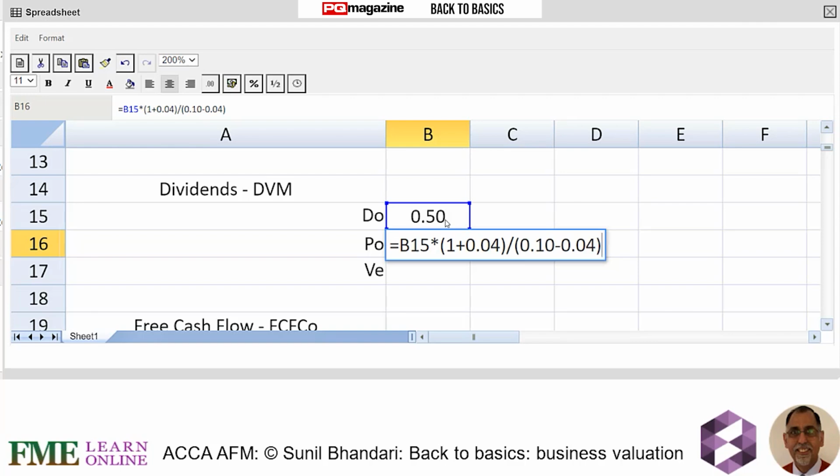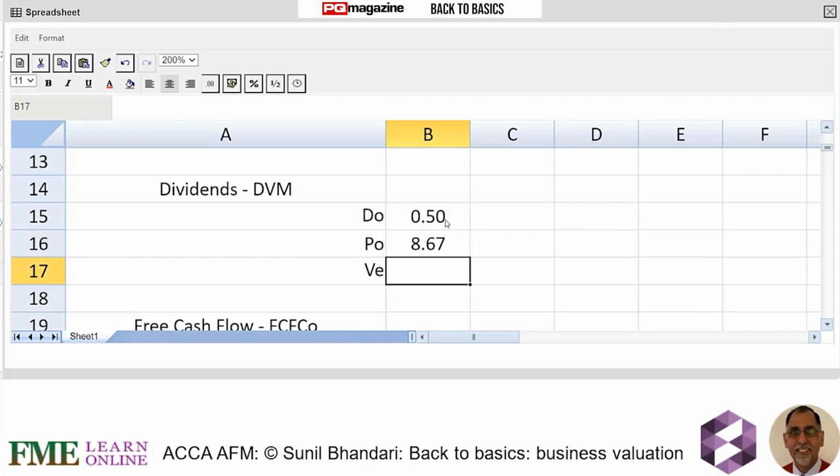And if you're unsure about the financial maths, like I said before, go back to one of my earlier Back to Basics presentations done for PQ Magazine on financial maths. Enter, and we get a share price of 867. So we're saying the share price is 867, and on that 867, the value of the equity is 80 million shares multiplied by that share price, which comes out to